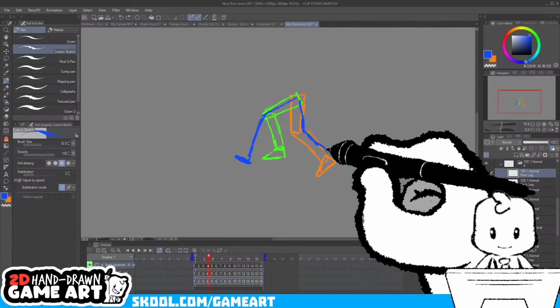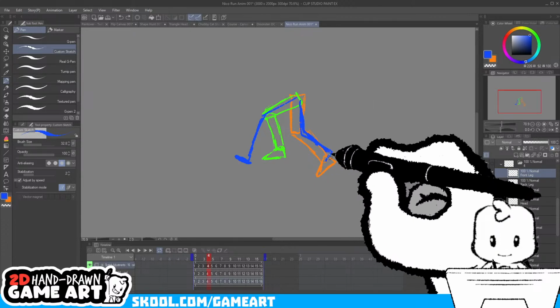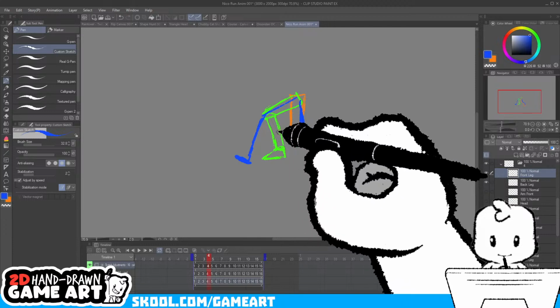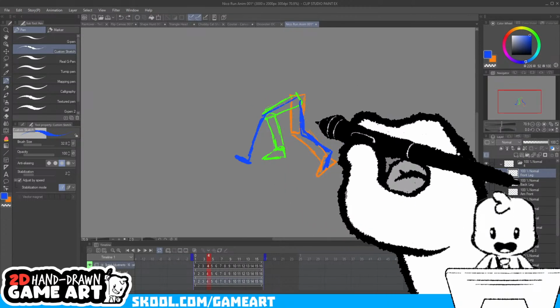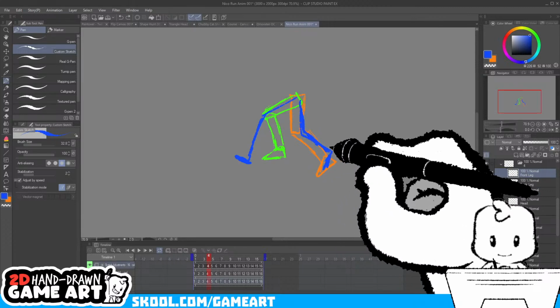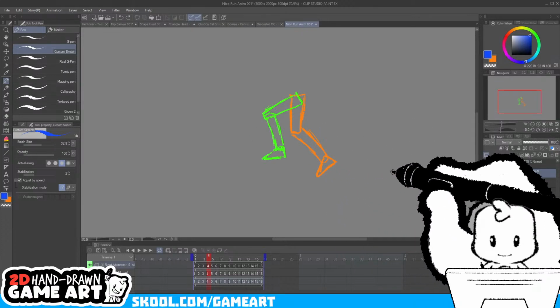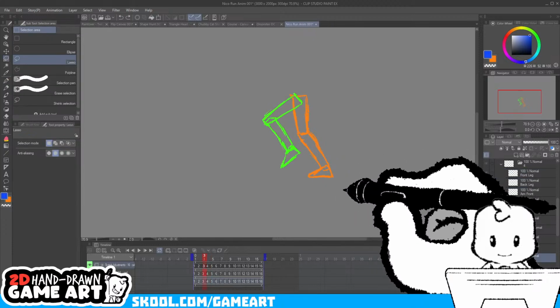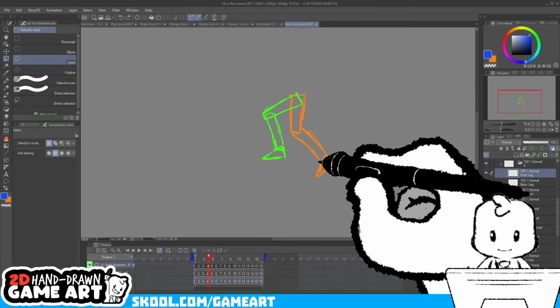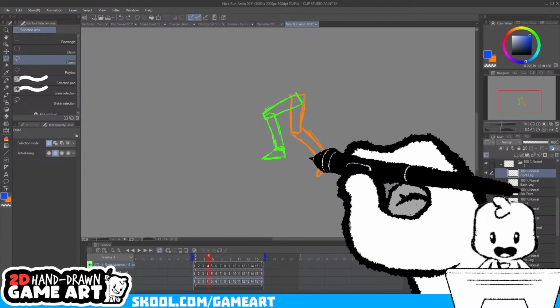I might move it over a little bit, but this is kind of what I'm looking for. So this leg is the bigger problem rather than this leg here. So I'm actually gonna keep that leg the same. I'm not gonna move that leg at all.